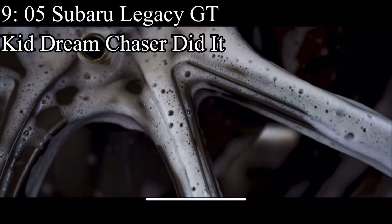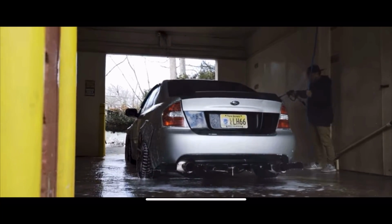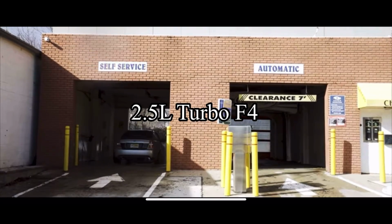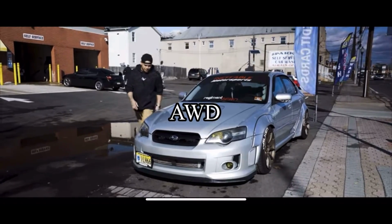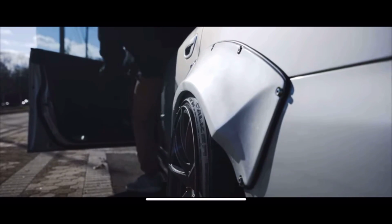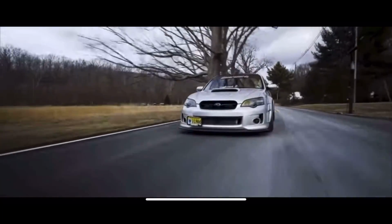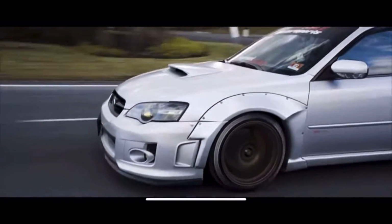Alrighty, so number 9 is by Kid Dream Chaser Did It, and he says the 2005 Subaru Legacy GT, which comes with a 2.5 liter turbocharged flat 4 that makes 250 horsepower, and the car was all-wheel drive, of course. And to my surprise, that horsepower number is actually higher than the Subaru WRX of the time, so it's a better WRX. And remember that before the Impreza WRX came along, the Legacy is what was killing the game in